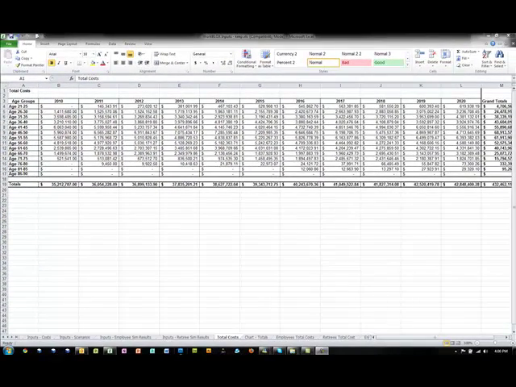Going back to the total cost tab, this is the best tab to view when you're comparing different scenarios that you may run. If you're doing a furlough, for example, what you would do is run a baseline without the furlough, save the spreadsheet to a different name, say you could title it baseline, and then enter the furlough in the scenarios tab, and then compare the two spreadsheets together so you could see what your savings would be and how it would impact you, say 10 years in the future. The other tabs would show you a more